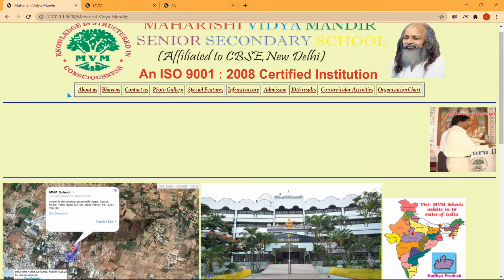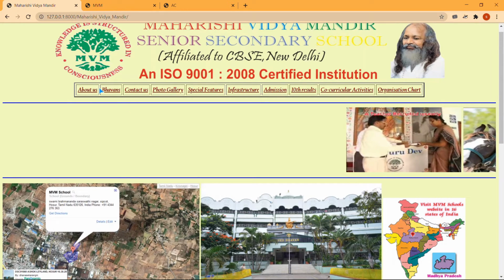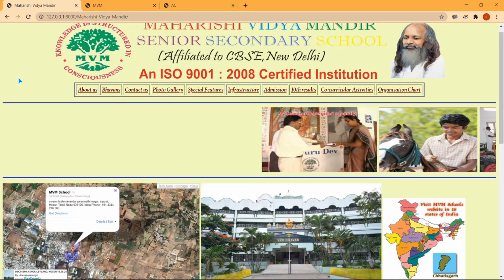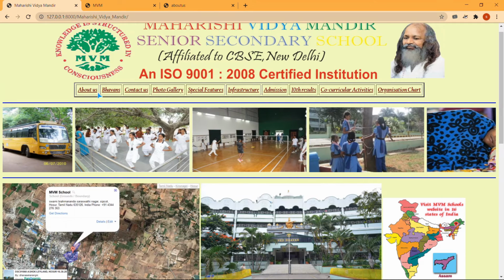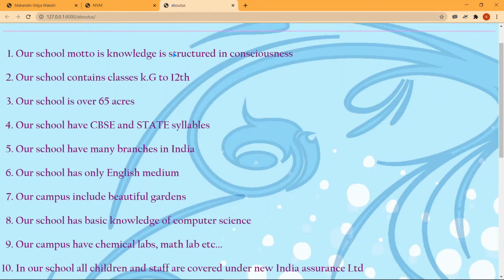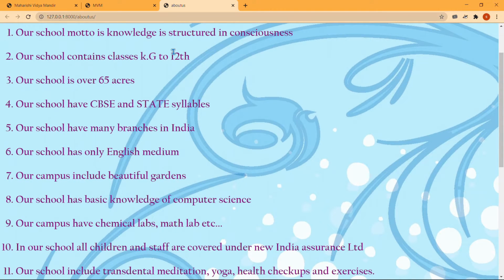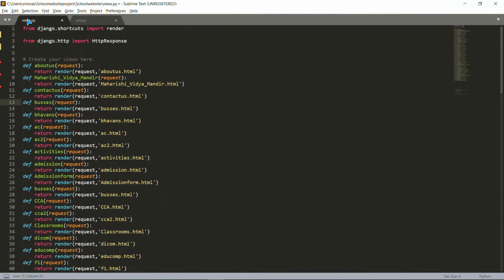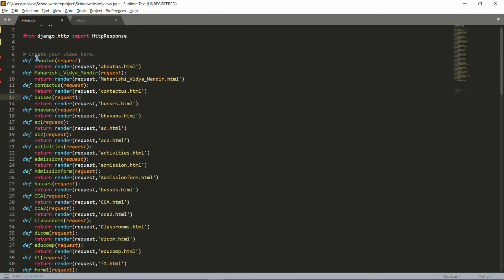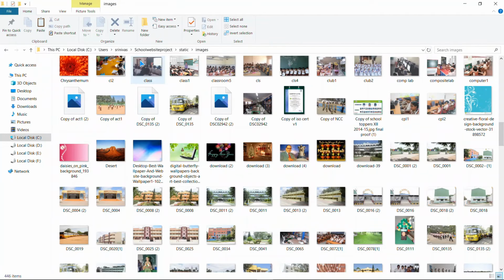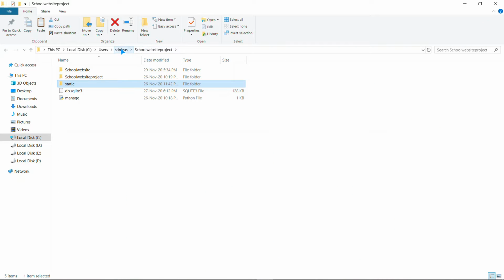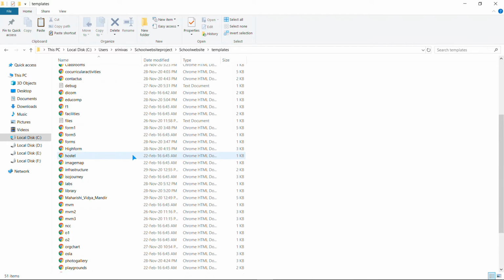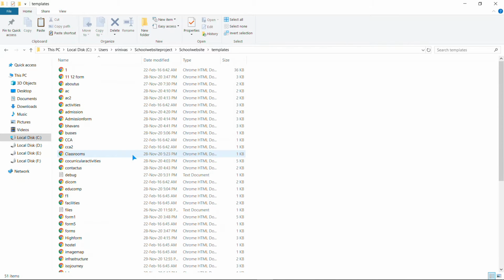And as you have seen, this is a form. Inside the form we included the HTML link, so it will look a little better. When you click on one link, it redirects you to another web page. How we did this was, in the views.py file, we created a function for all the HTML pages that we created. I'll show you the HTML pages, and they're in the app templates folder. Inside that we created nearly 35 HTML templates.